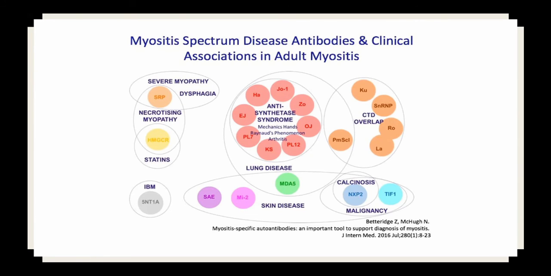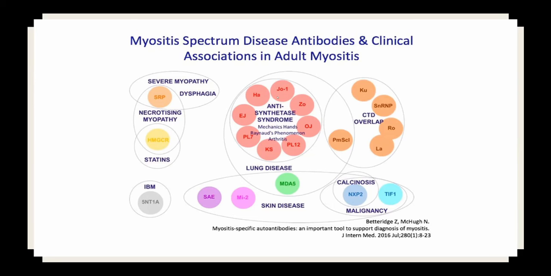I think that's a trend currently with a lot of rheumatologists who specialize in this area: the more we discover these synthetase antibodies and antibodies like anti-5-NT1A for IBM, the HMG-CoA reductase antibodies, and all of these different things, the more polymyositis shrinks and the more people question whether it even exists. So there's a push towards potentially taking away PM altogether and focusing more on the antibody and the clinical phenotype.